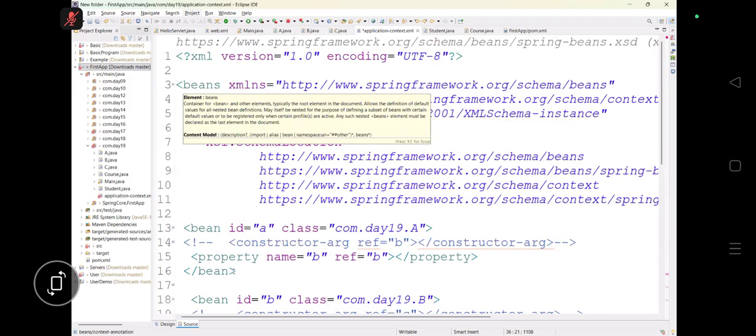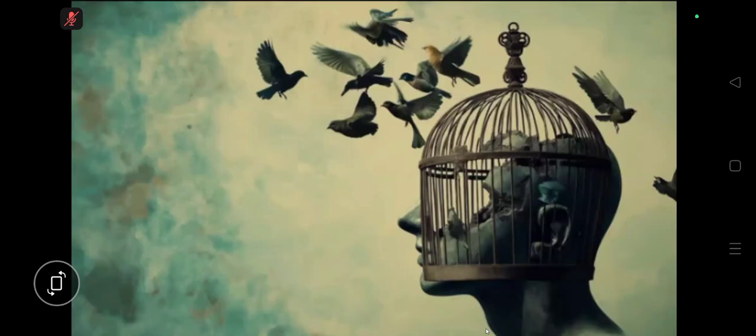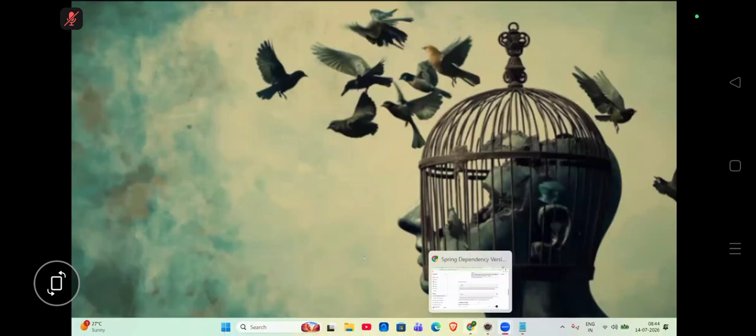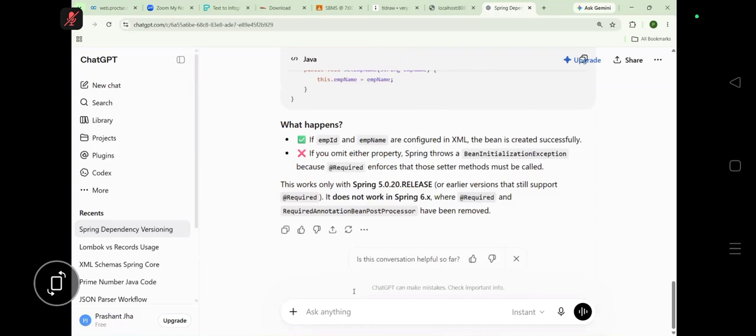Here. So let's see, guys. Everybody, let's take the schema. Everybody concentrate here. Last point of the day, right? Now tell me, bro, the schema for XML